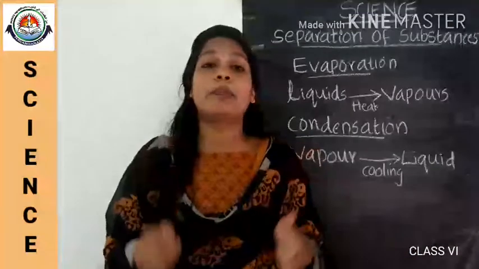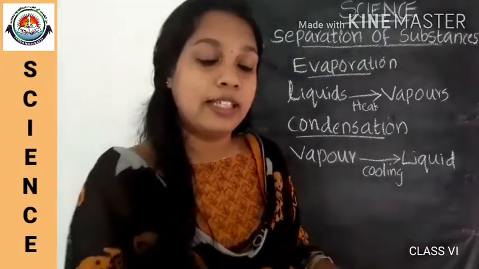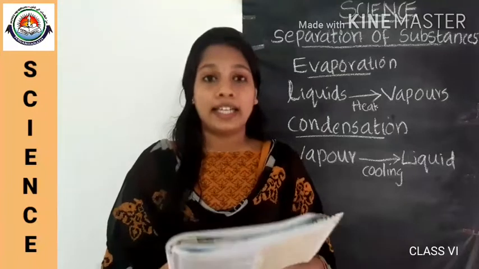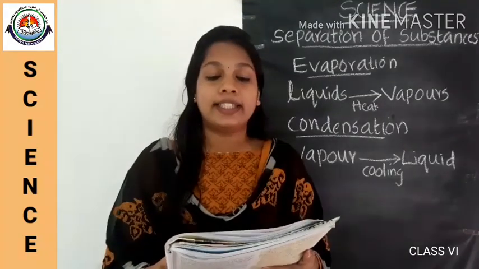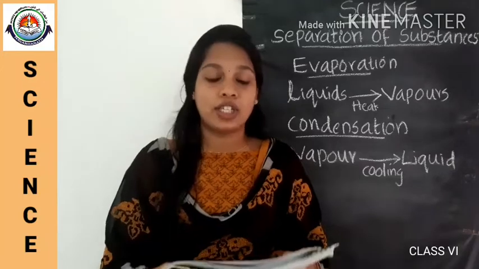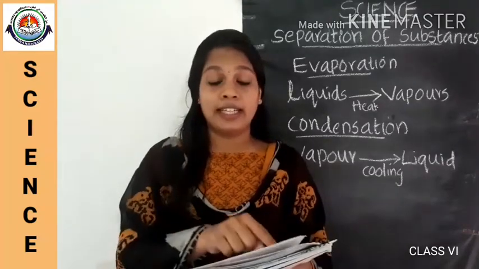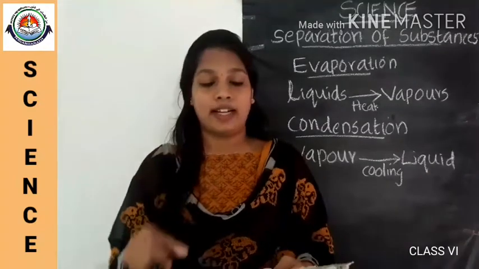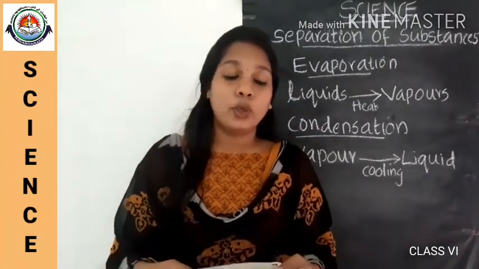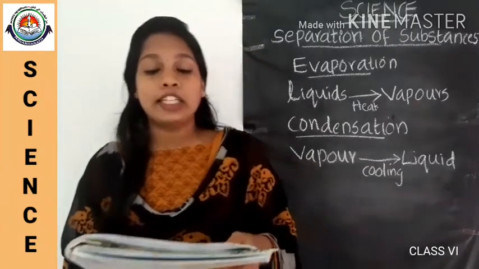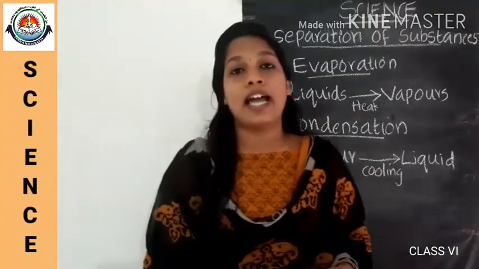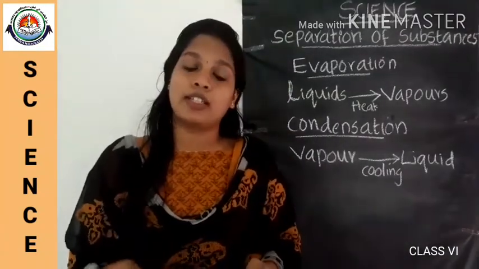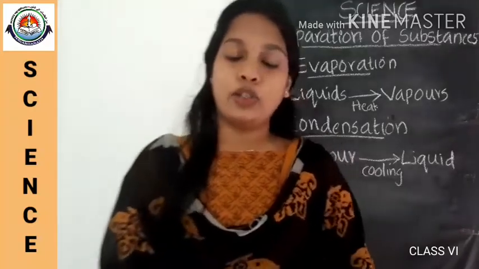There is a multiple choice activity in your textbook. There are two questions. The first one is, tick the correct option: mud from water can be separated by dash. And there are four options given, so you have to choose the right answer. And the second question is, during filtration, the clear liquid obtained is called dash. So you have to choose the correct answer from the given options. So you need to write these questions in your notebook.